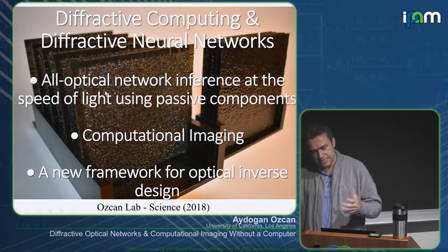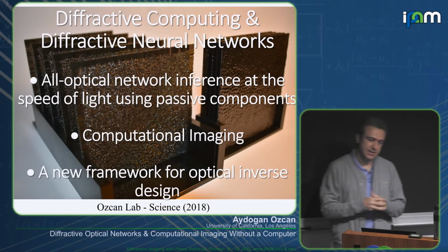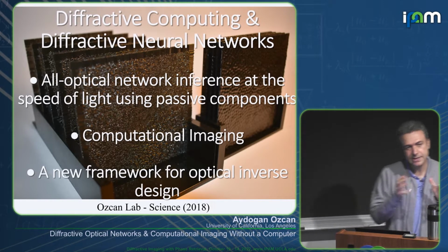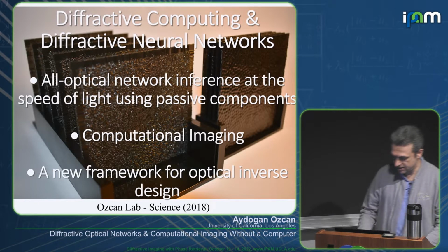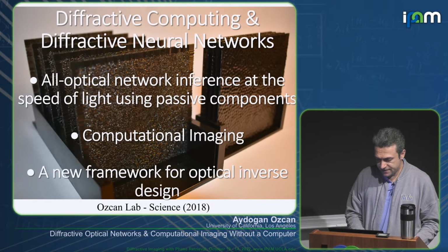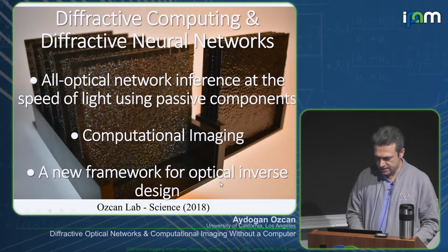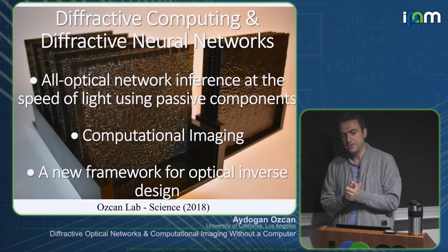One of them is statistical inference. You build diffractive elements that are designed using deep learning. As the light is propagating through these passive structures, they actually infer, and they can be used for statistical inference. Another very exciting aspect of diffractive computing is to build computational imaging systems that you can think of as